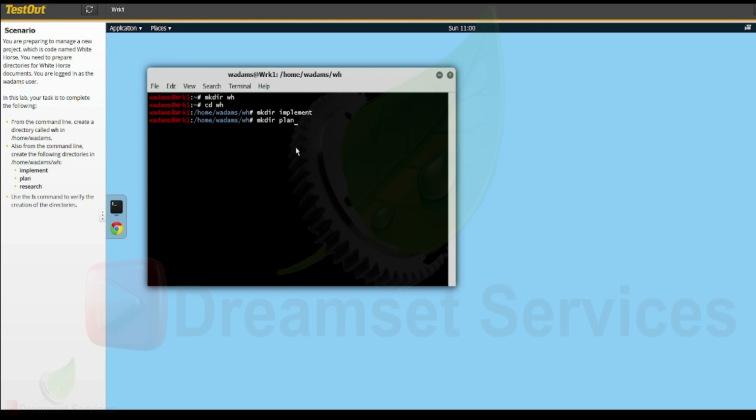Type in mkdir space plan, press enter, then type in mkdir space research,